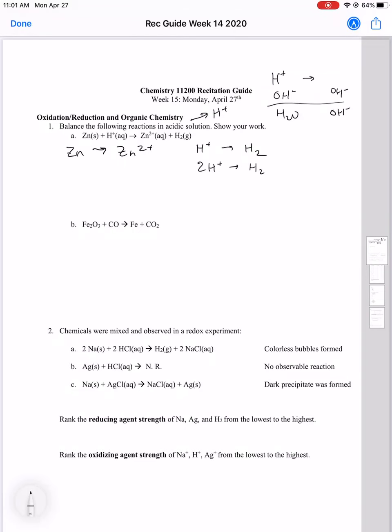So to go from a charge of 0 to 2 plus on this zinc, you'll need to add a negative. You'll have to add a negative charge, or in other words,